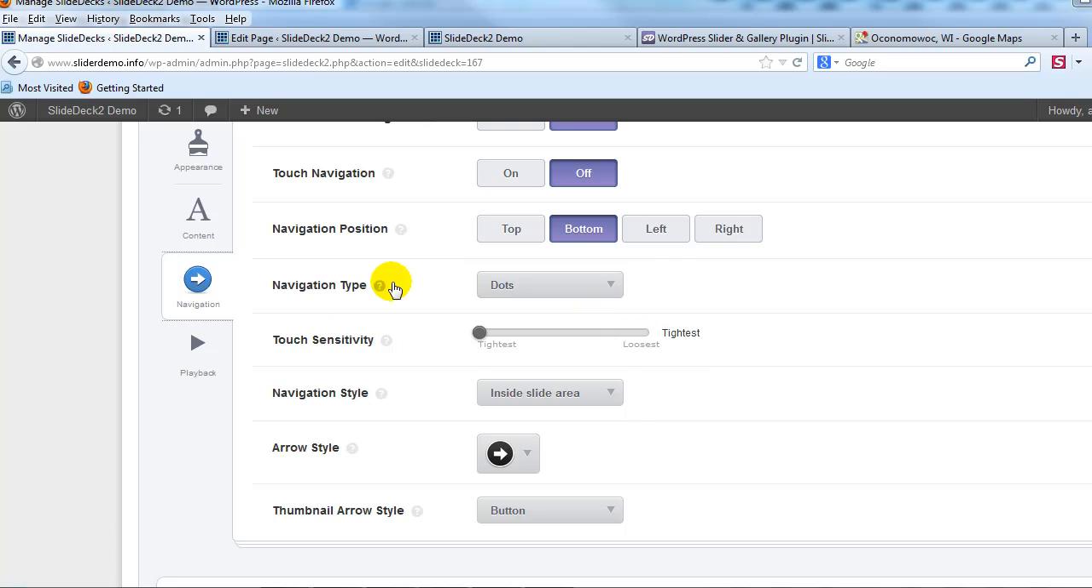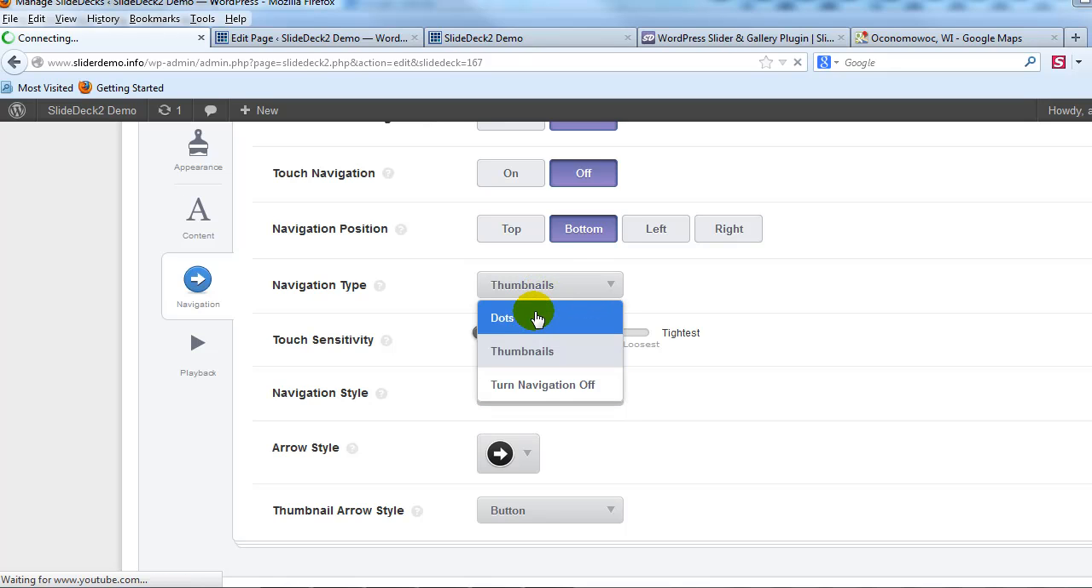You could change the type of navigation. Right now it's set to dots. We could have it set to thumbnails, or we could turn it off completely. We'll just leave it on dots for now. And then if I click on